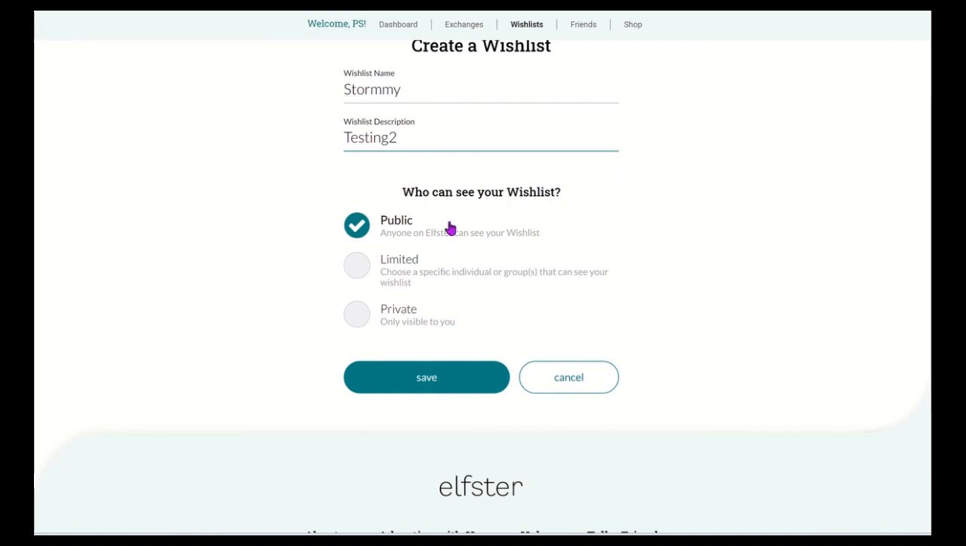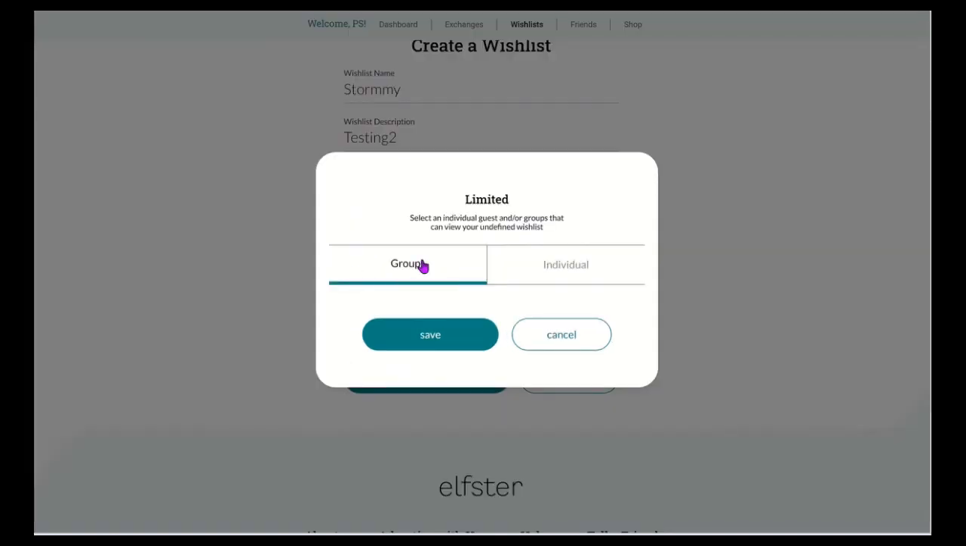Now this one, after you put in the wish list name and the description, who can see your wish list? This is important. You can make it public. Anybody on the internet can search it. Limited, which means you're going to choose a group or specific individuals. So say you're having one with the family and you only want 5 people to see it. Then they would be a part of your friends on your Elfster account,